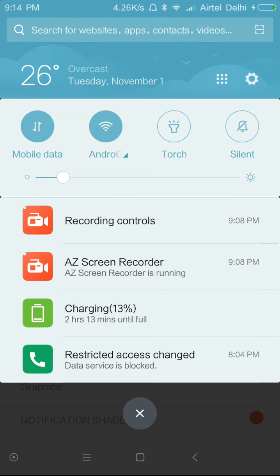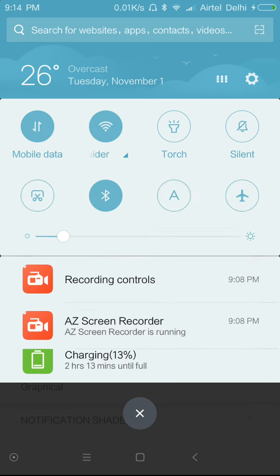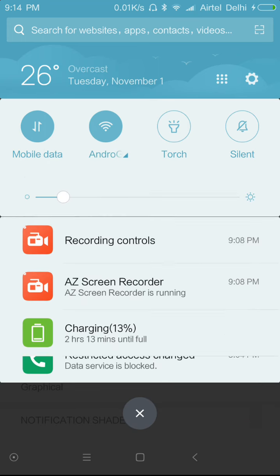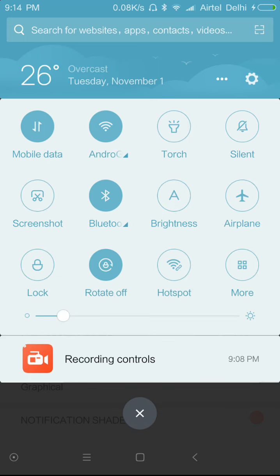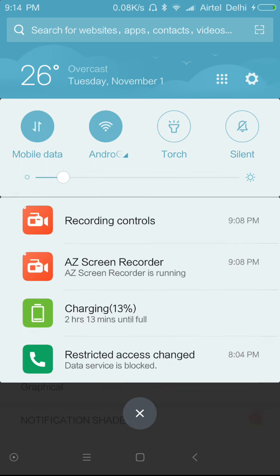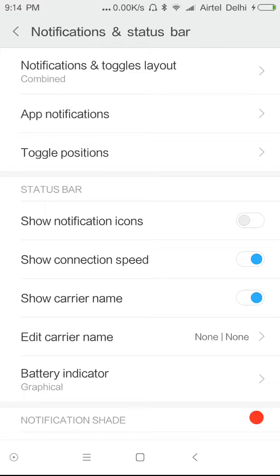And to expand the notification toggle, you can just swipe down, or you can in fact use this option as well by tapping on this button, and then the quick settings panel can be expanded. And if you prefer to have the separate layout,